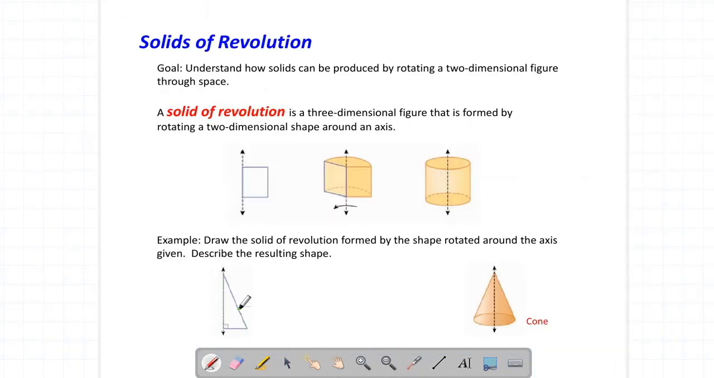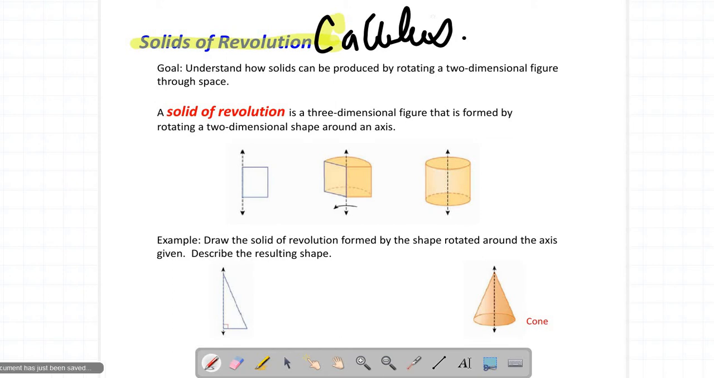Now remember this moment, because symmetry leads us into what's called solids of revolution. You're going to be working a lot with these in calculus, folks. Okay, so the idea of a rotational solid is you start with an axis. You have a 2D